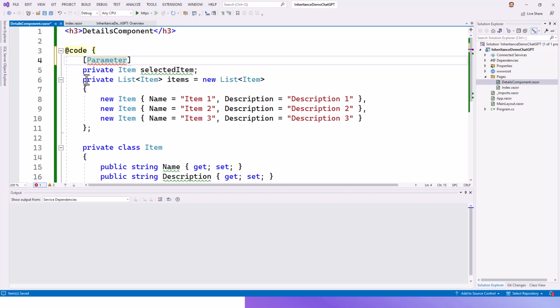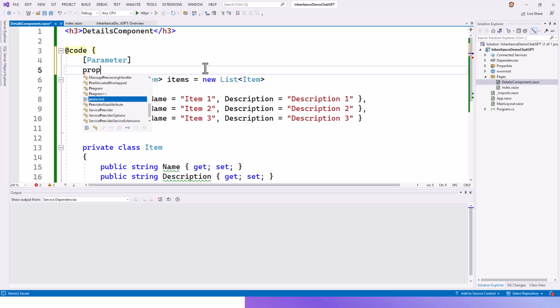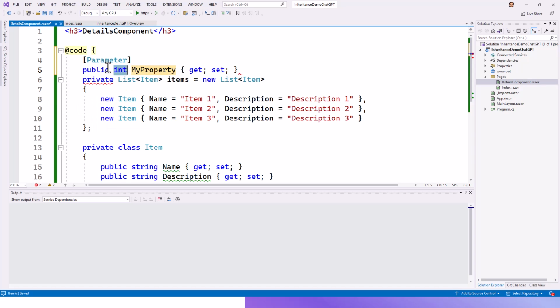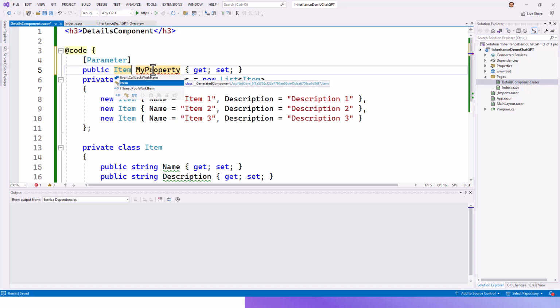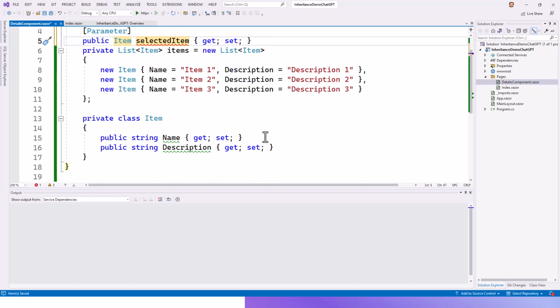Okay, so I will declare it as a public property instead of a private variable. So prop, so public, this will be Item, and SelectedItem is the name of this property. So public Item SelectedItem { get; set; }. Okay,